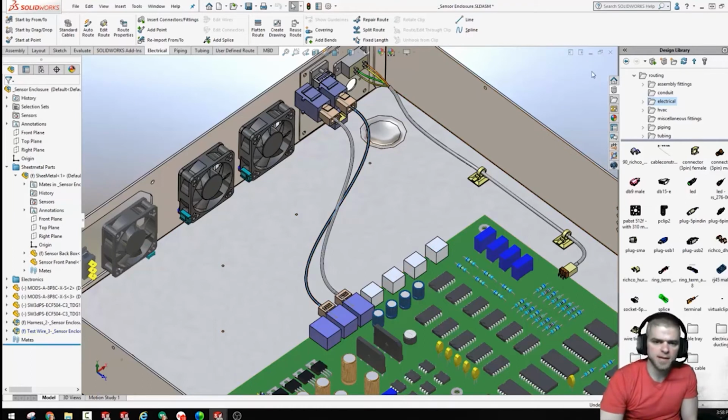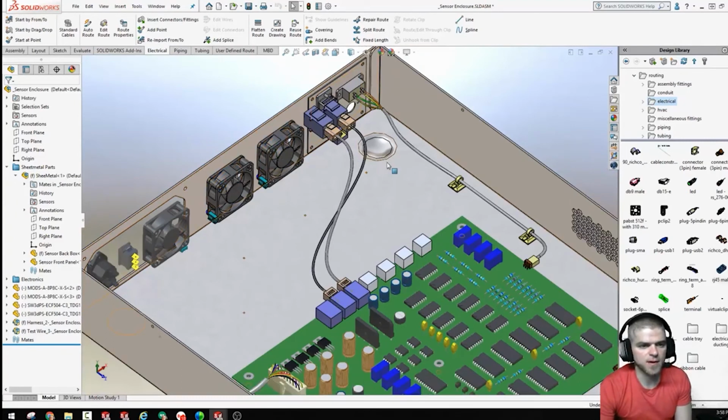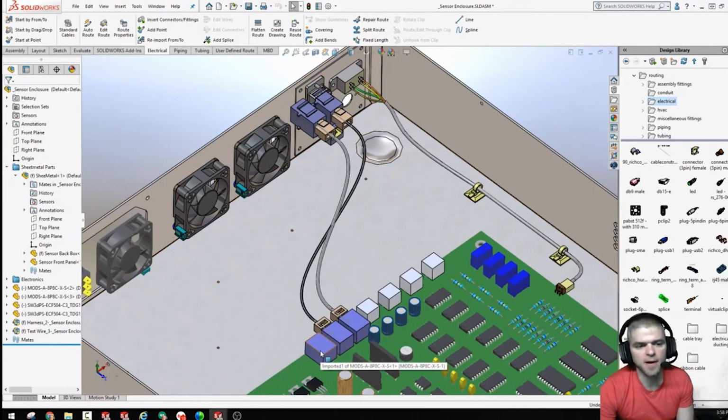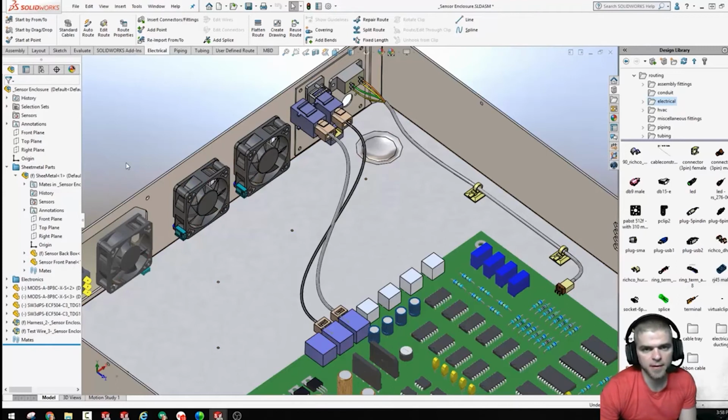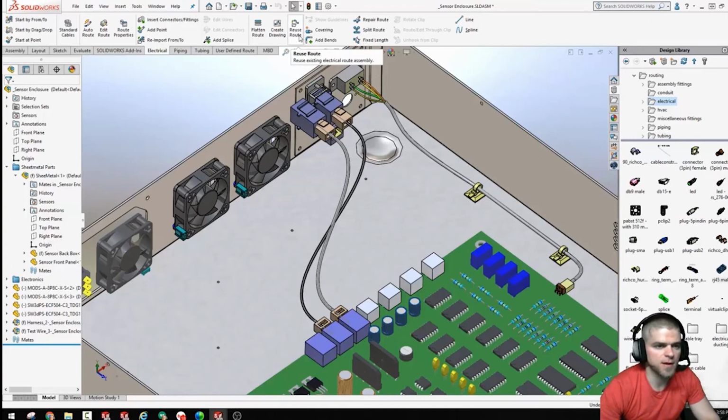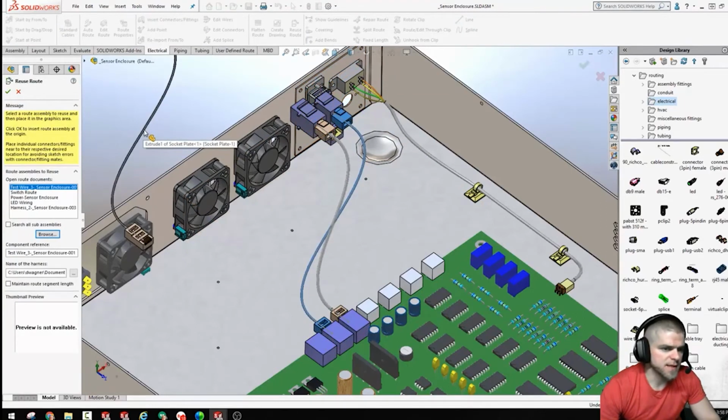So that's the second example. Again, that's close. That gets us a lot closer because it was way faster to create that route. But again, not an actual part file in the background that we could control and revision and manage. So the third method to create this route that I think gets us all the way there is something called reuse route. So when we are in electrical and we choose reuse route,